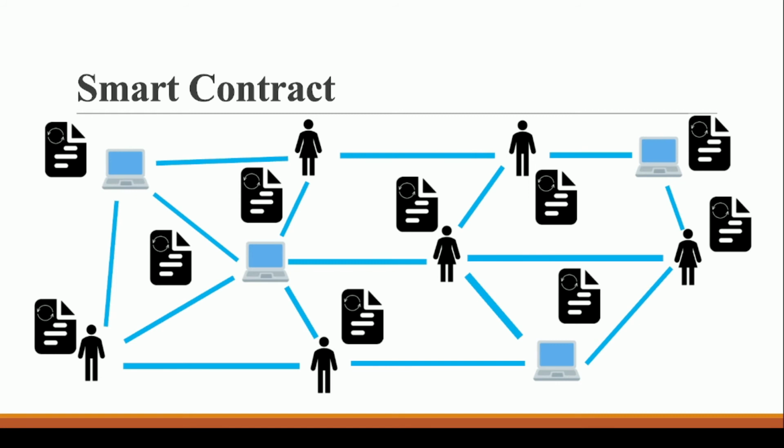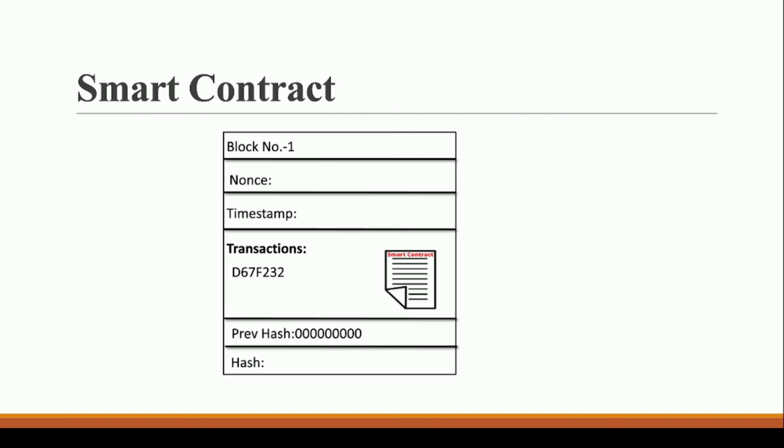Now you must think, then how is Ethereum able to do that, right? Because as we can clearly see on this screen, we cannot have programs running on blockchain, because if the program consists of a loop, then this program will be running continuously all over the network, and this will totally destroy the network. So what Vitalik Buterin thought was that definitely we will have a smart contract in this transactions field, because we have different transactions, right? We want to send ether, we want to receive ether, all these things will be there, but we will also be having smart contracts in this Ethereum blockchain.